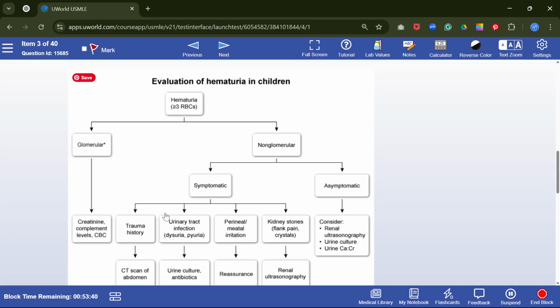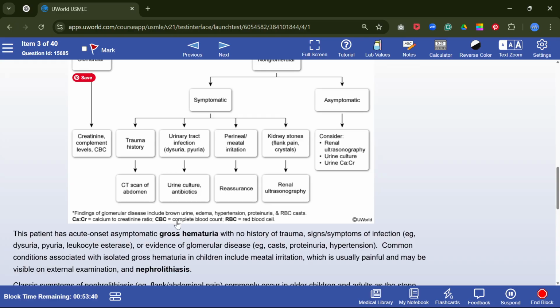Okay. We'll look at the box first. That one is just if more than 3 plus RBC, then this. If more than 3 RBC, that is hematuria. Now, if you find more than 3 RBC, that means hematuria. Is it glomerular or is it non-glomerular? If it is glomerular origin,